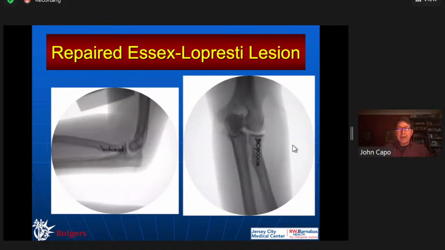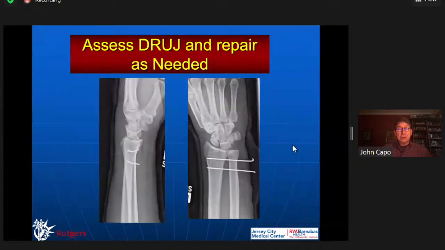So we fix the radial head anatomically, and the radial head is not orthogonal to the radial neck, so there's an angle to it. If you put your plate on it parallel to the radial head surface, it's not going to be parallel to the shaft, but that's normal. Then evaluate the DRUJ, and sometimes we need to pin it. If I pin it, I'll make these pins even come out the radial side a little bit, because if they break, then you can get them from the other side.